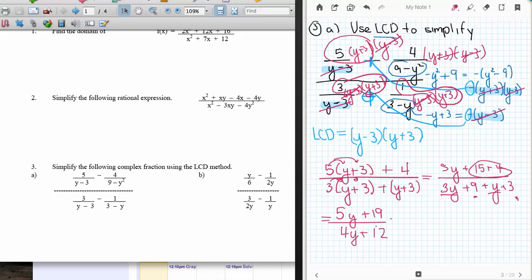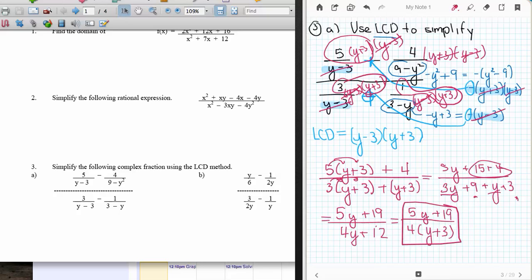Now the last thing I should always do is to check to see if things can factor and cancel. So you can't check for factoring and or canceling unless you factor, so I expect to see that you factor this. There is a common 4, so that would leave me with 4 times y plus 3 in the denominator, and 5 and 19 have nothing in common, so it would be 5y plus 19 in the numerator. Now what you should notice is that there's nothing going to cancel here, so this can be left